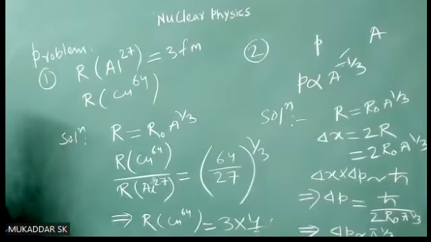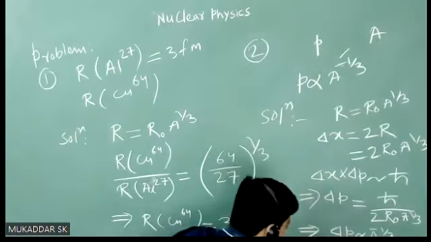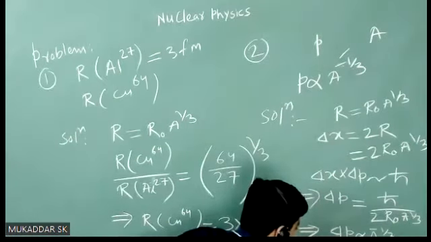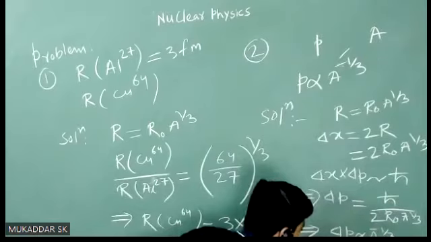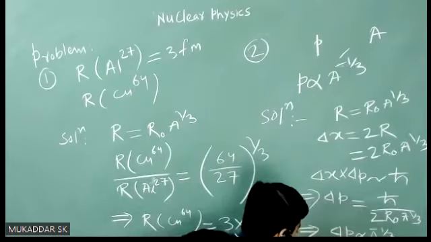And the uncertainty in the momentum of a nucleon is of the order of the mean momentum of a nucleon. So what you can write, p will be of the same order as uncertainty in the momentum, and that variation will be A to the power minus 1/3. So it means p proportional to A to the power